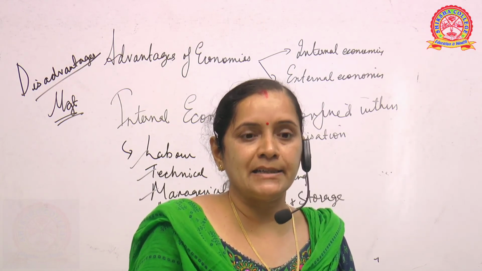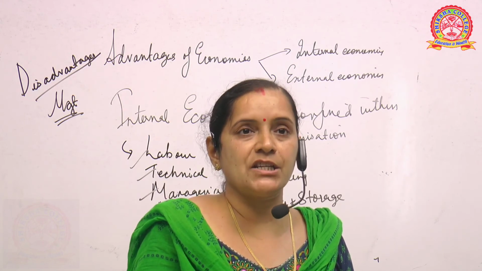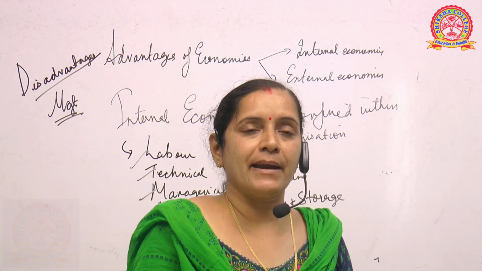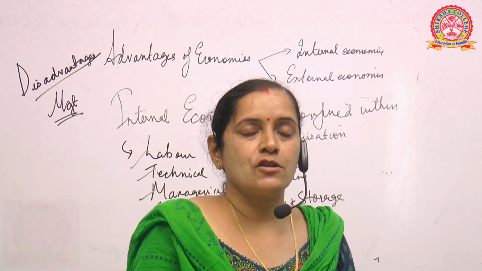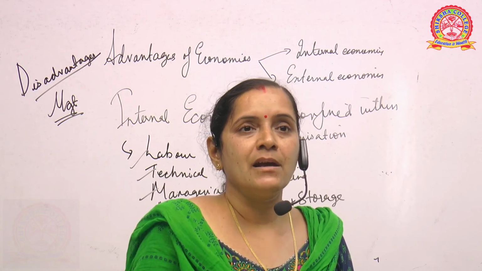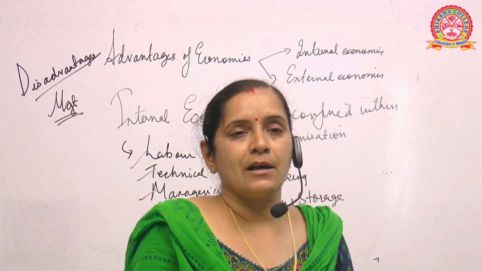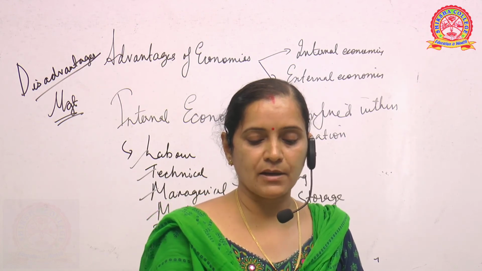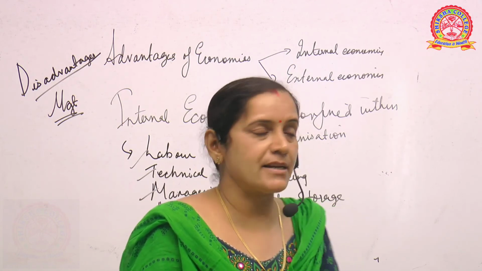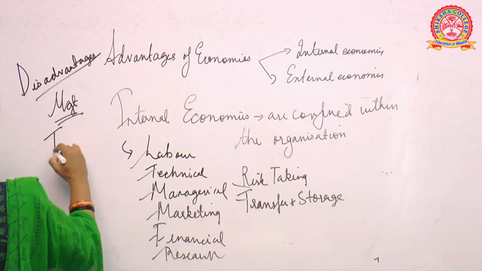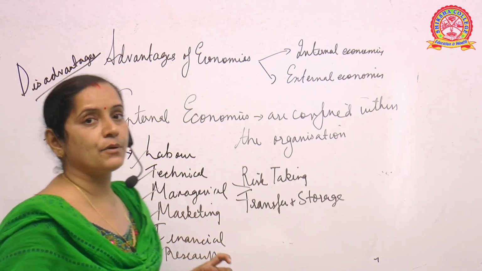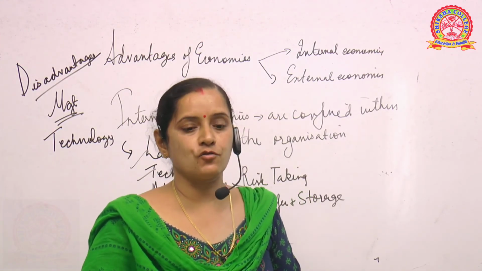Then sometimes technical difficulties may come. If a firm is frequently changing from one technology, then what happens? Because you have got the investment, you want to switch to a new technology. So when you keep on investing more in technology, sometimes there will be a loss to the company. By switching over to different technology, you are increasing your cost. So that is one diseconomy. When you are investing more money on technology, you are expending more money. That is a cost to the company.